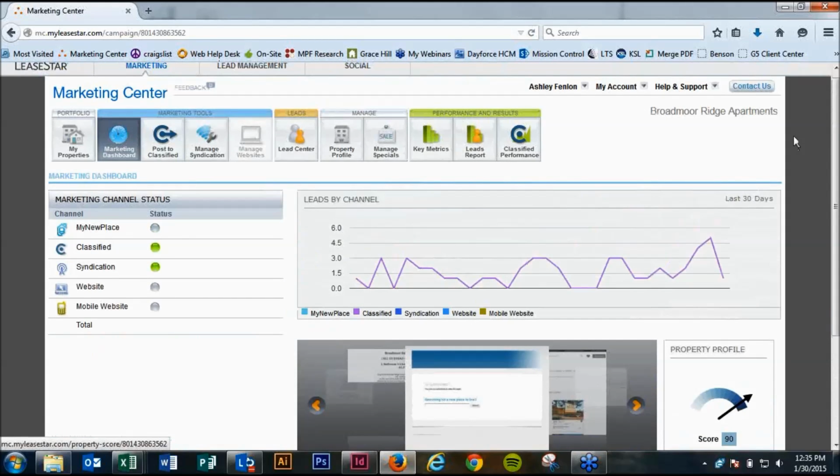It's labeled property profile, so naturally where you're going to want to go is your property profile. If ever you're talking to me or another member of the marketing department, a lot of times we're going to refer to these as tiles. So if I tell you to go to the property profile tile, or I tell you to go to the post to classifieds tile, I'm talking about these little buttons at the top of the page. So we're going to go to the property profile tile,